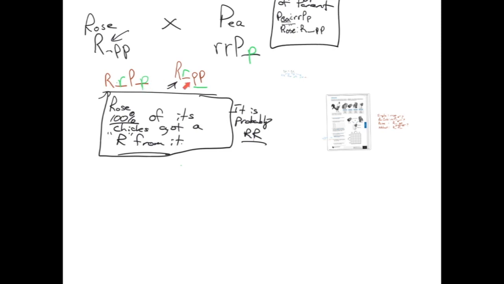So you don't need to know the chicks' genotypes, you need to know this genotype here, and there's no 100% way of doing it without doing a lot more crosses. Remember yesterday I told you that the reason Mendel's numbers worked out so well is because he had thousands of P's, thousands of F1 generations. He's a monk, so monks, they have a lot of time, not a lot of time, but